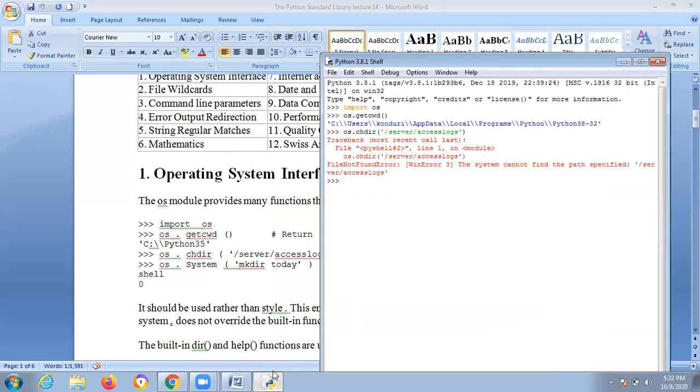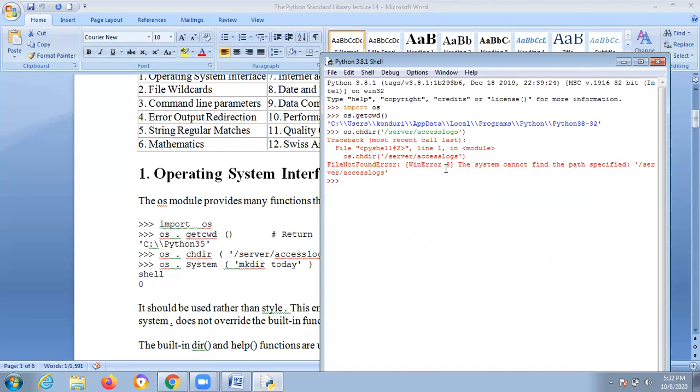The system cannot find the path specified. Suppose you want to change the directory, how will you change it? Why do I get this as default every time? Because I installed it in the C drive, where it is stored permanently, since I am the administrator. So it will remain like this only, and it cannot find the path specified.